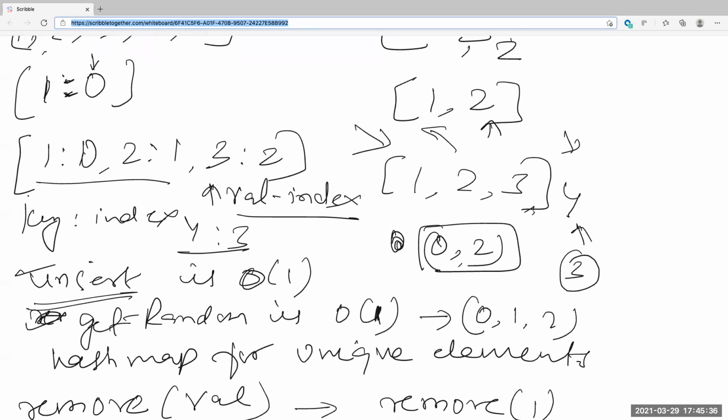So hash map is the right data structure to store the value and index. In order to keep the lookup fast, we're storing the values in an array. Otherwise, if we didn't have that array, we'd have to enumerate all the keys in the hash map. Does that make sense? Yes, and also to get random, O of 1.